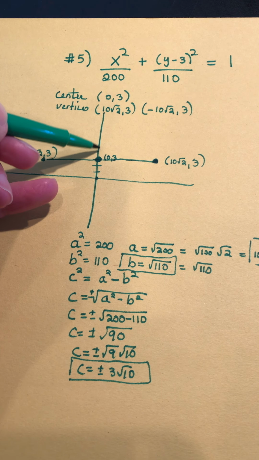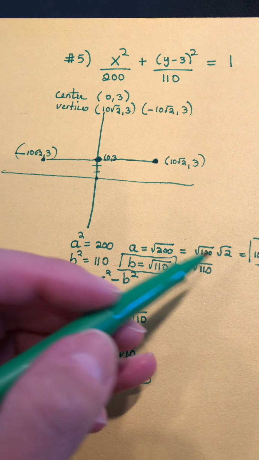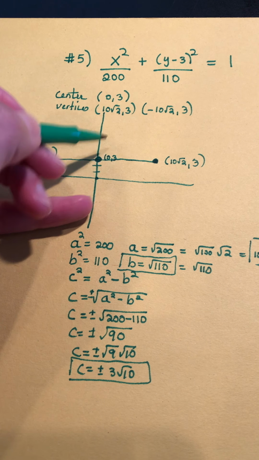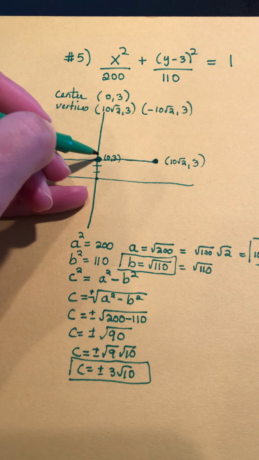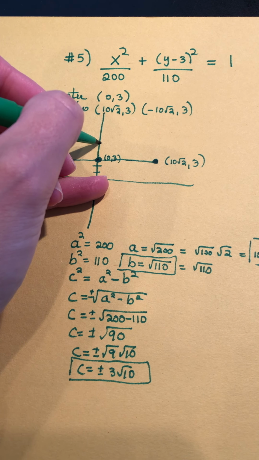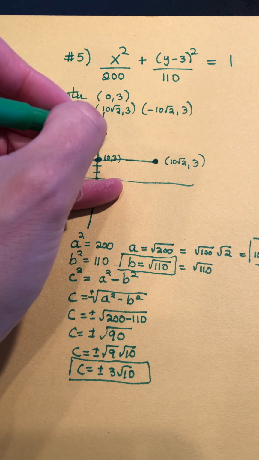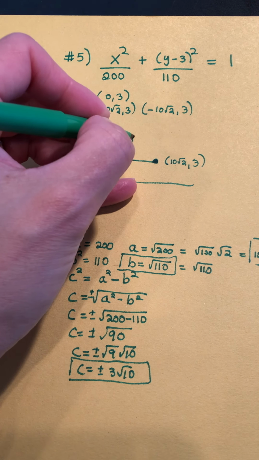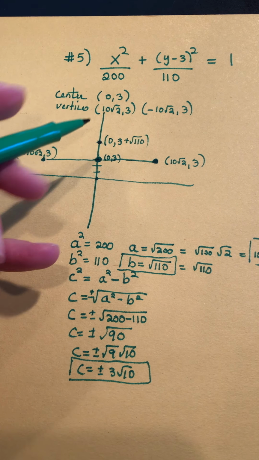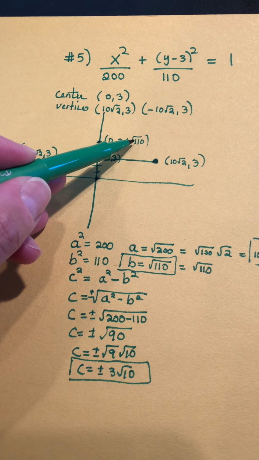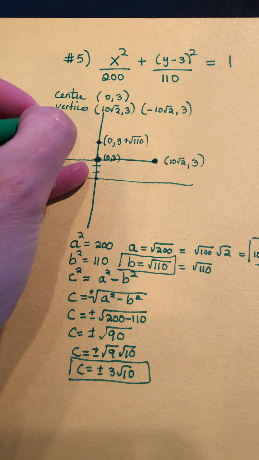The co-vertices are going to be on the minor axis, and the co-vertices are going to be located b units from the center. So from my point (0, 3), I need to go up the square root of 110, if that makes sense. So this point is going to be (0, 3 plus the square root of 110). Why? Because I'm already up 3 units, I just have to go another square root of 110. So one of my co-vertices